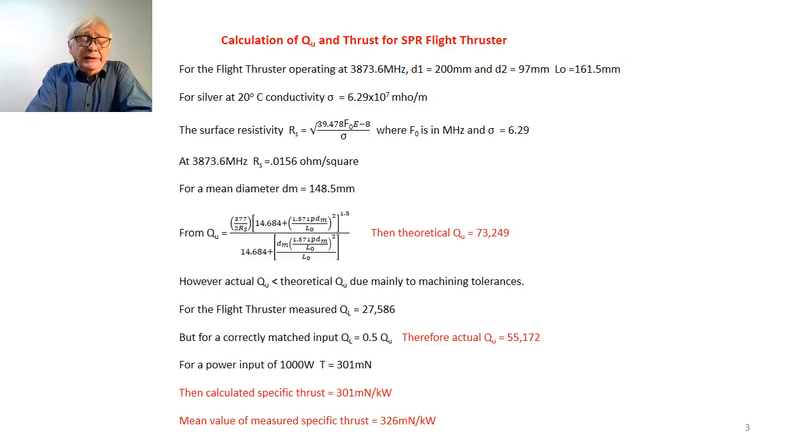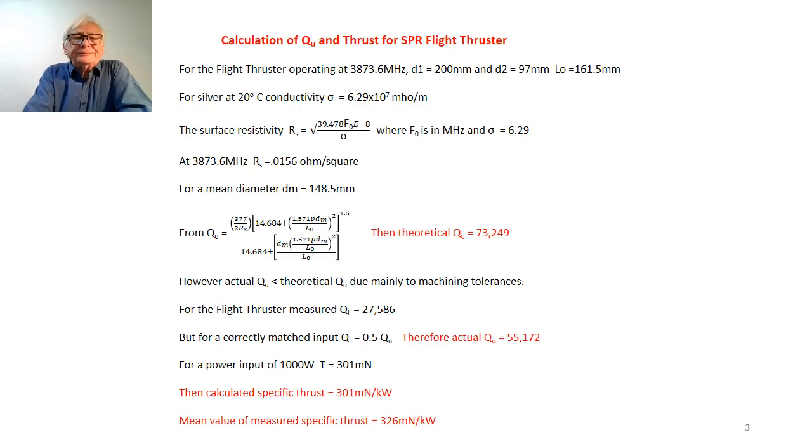The other term you need in the equation for Q_U is a value for the mean diameter. We simply take the average diameter, DM, as 148.5 millimeters. So if you put these factors into the equation you see below, a somewhat complicated empirical formula, then you calculate a theoretical Q_U of